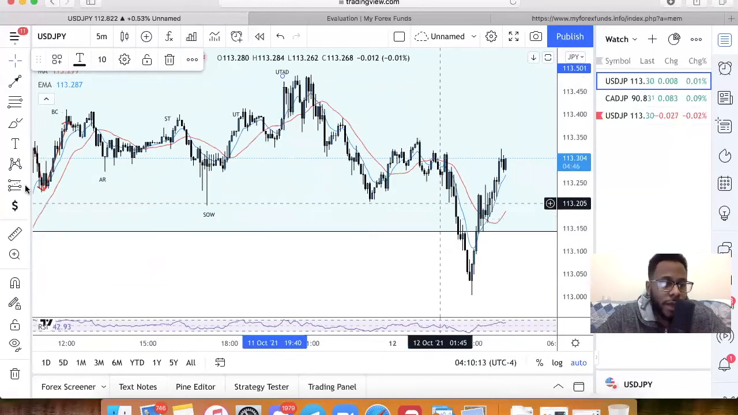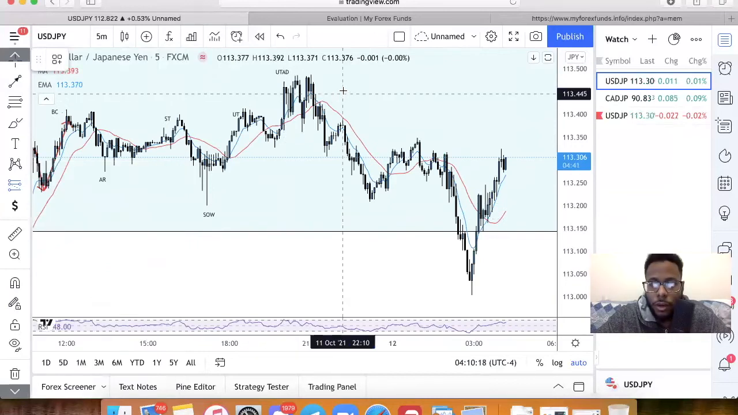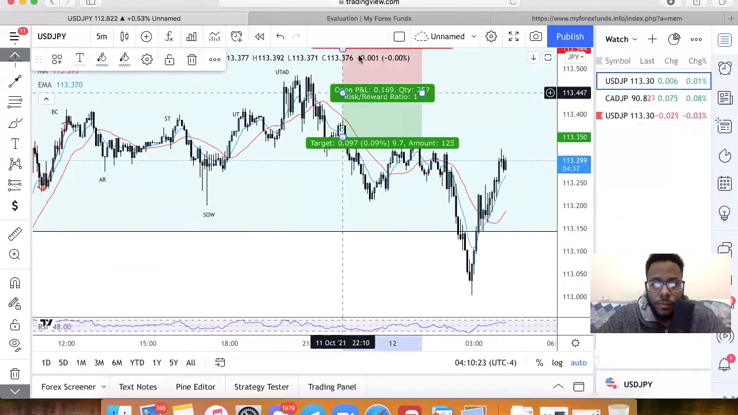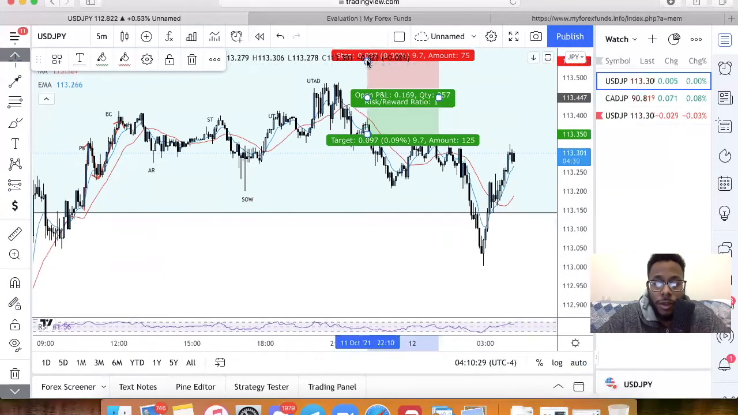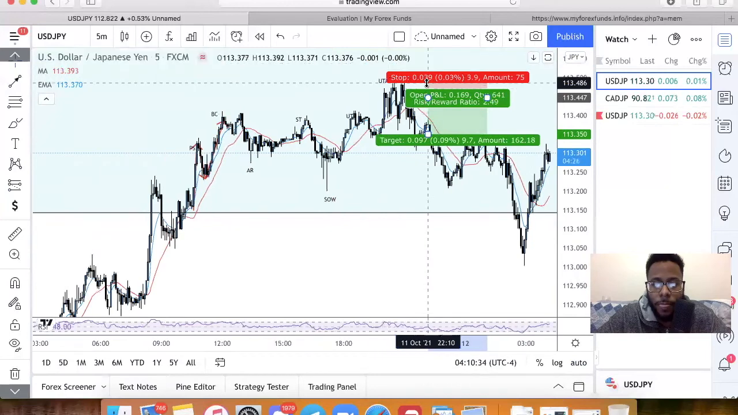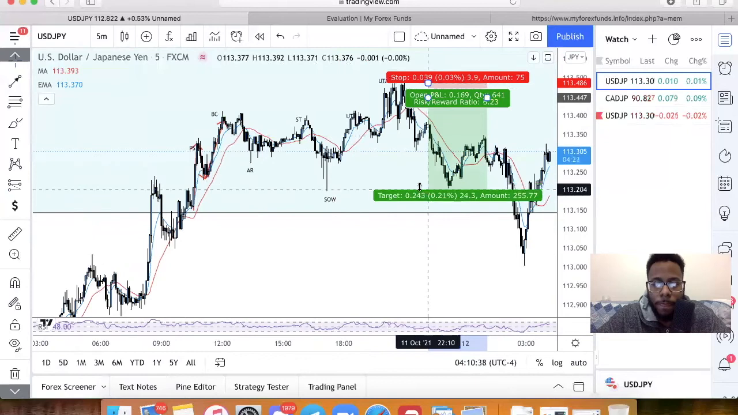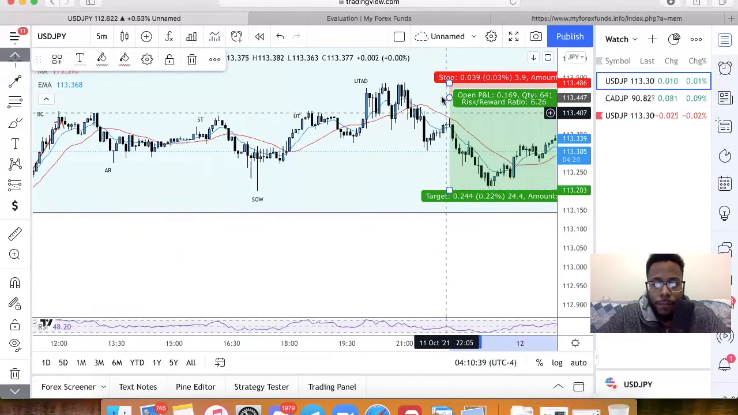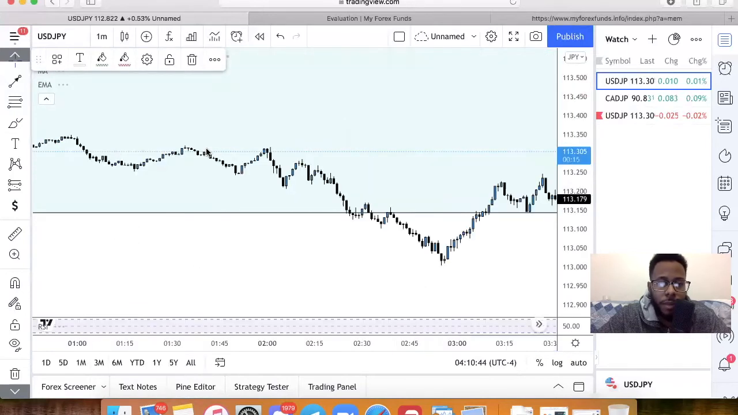Here is where I actually entered for my short. We were at, I think, 448. And I'll even drop down to the 1 minute so that we can actually refine it. Okay, so from the 1 minute, we can even see it a bit more visually,